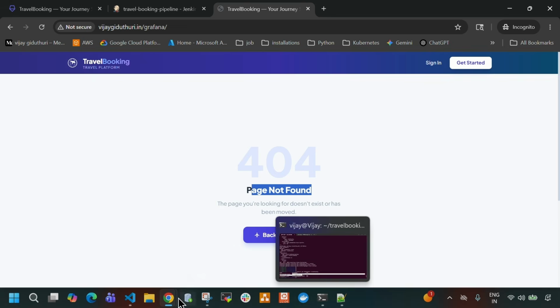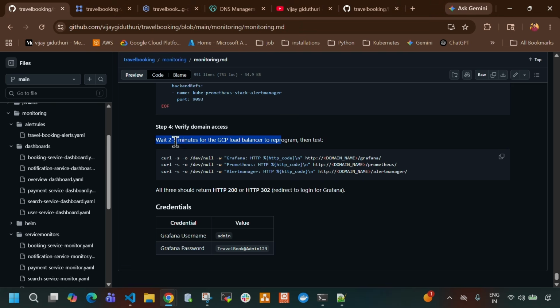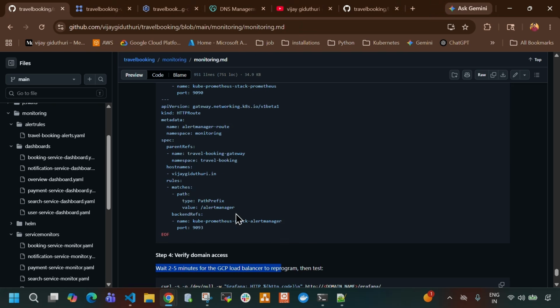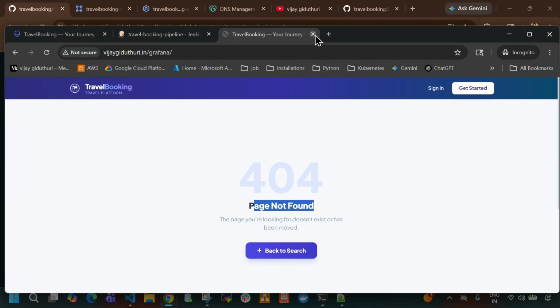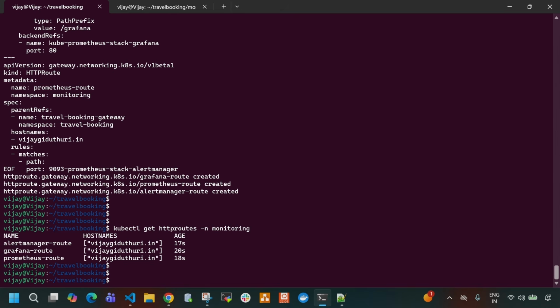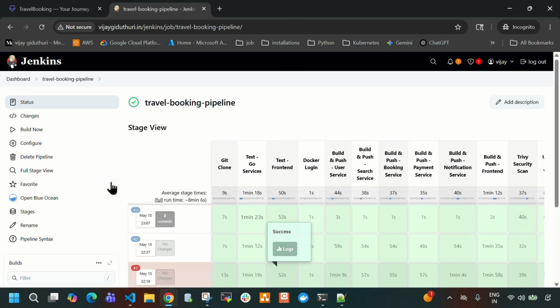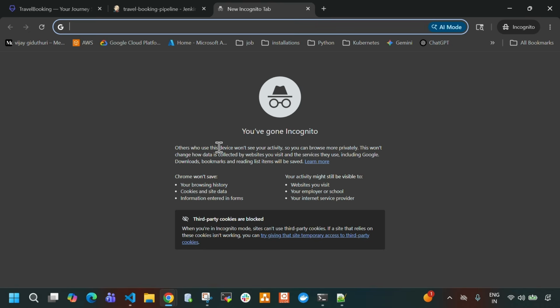Okay, we need to wait at least 2 to 5 minutes, guys, in order to access Prometheus, Grafana, and Alertmanager. So let's wait for some time. Now let's try to access Prometheus, Grafana, and Alertmanager on the web. So let me open this and